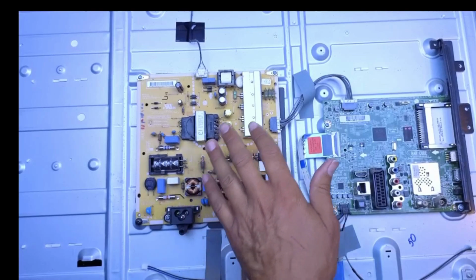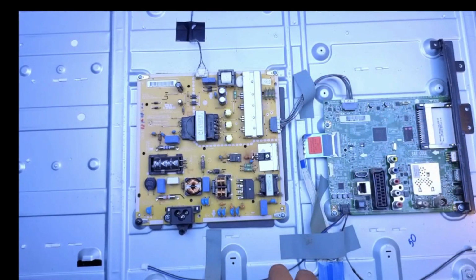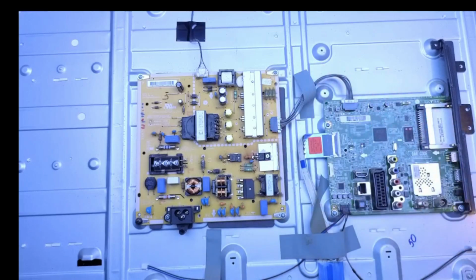Now, normally what I'd be doing here is taking out the power supply and the main board and the T-con, which is hidden just down there, and then taking the backlights out and putting new ones in. I just want to make sure that it is the backlights that's flickering. It could be a picture that's flickering. I don't think so, but it could be. So I'm going to leave the power board and main board in so I can power up the backlights and see it in its working state, just to double check. But I'm sure we're going to see 1 or 2 backlights out, and I'm sure we're going to see...